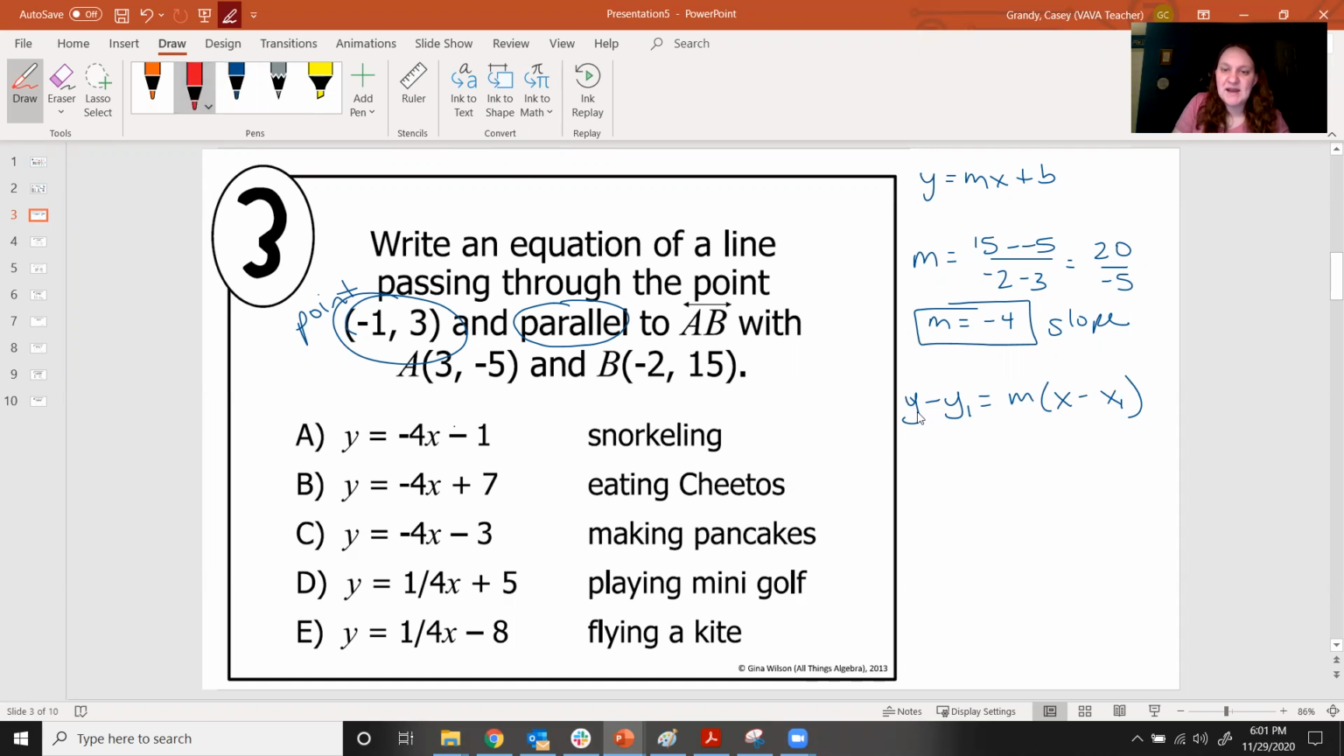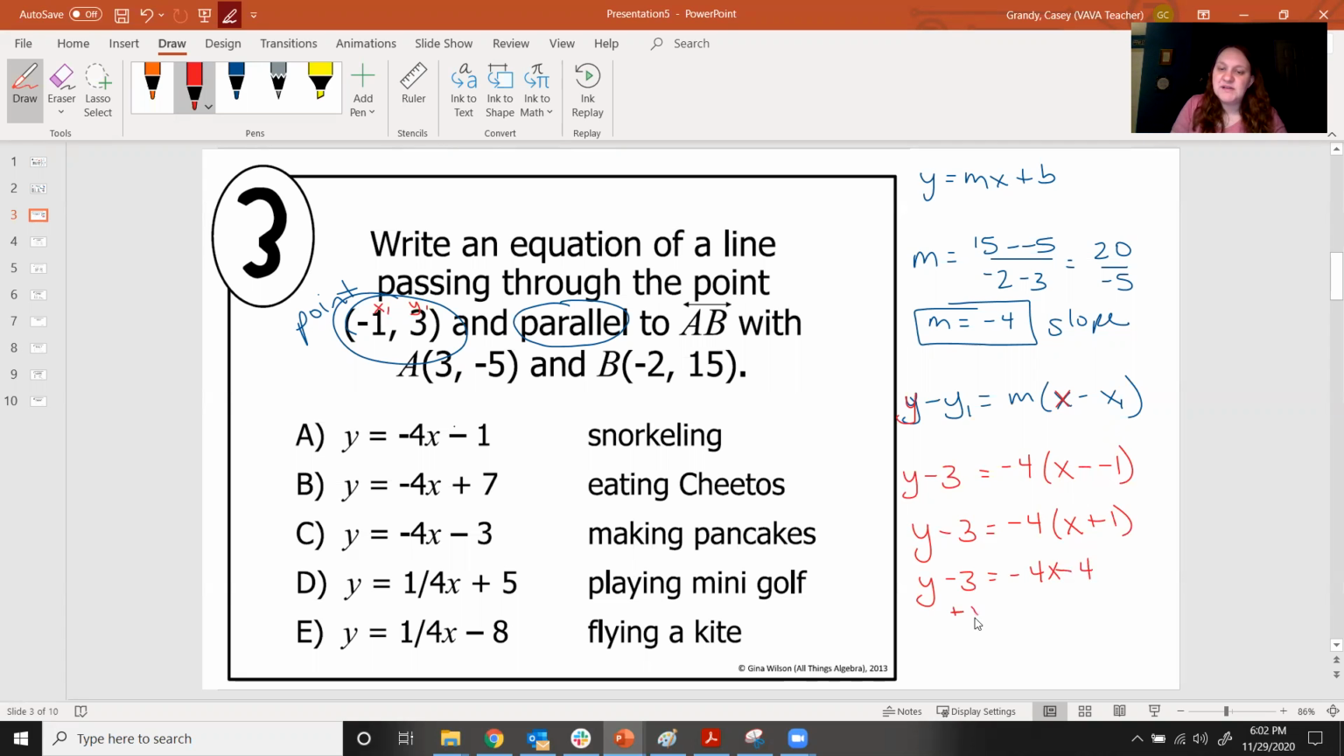They are going to stay y and x the whole time. The y1 and the x1 are the x and y values from the point that are given to me. So this will be y minus 3 equals the slope times x minus the x value. So y minus 3 equals -4 times x plus 1. I'm going to distribute that -4